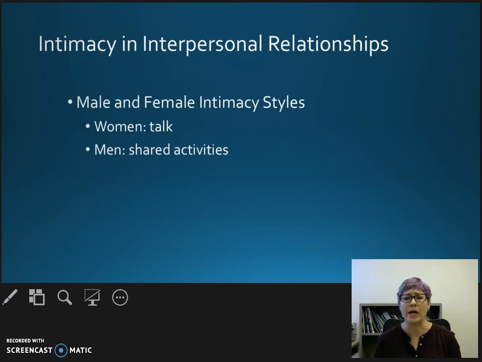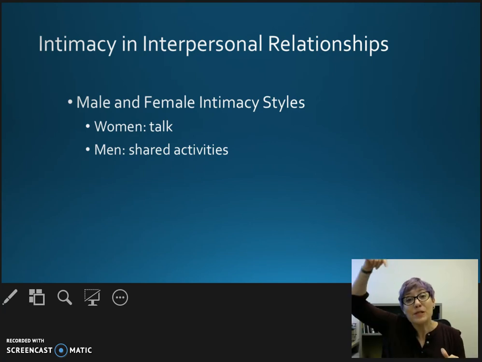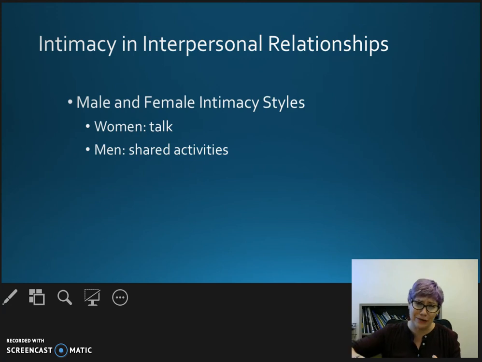So a long time ago, back when I was first married, my husband and I were in the living room. He's watching TV, I'm reading a book. Eventually, the TV gets too loud and distracting, so I go upstairs to read my book. And he came upstairs with me, turned off the TV downstairs, came upstairs, turned on the TV upstairs so he could be in the same room with me. And at the time, I did not know why he did this. I was like, why are you following me around the house? But that was the way, for him, that was the way we bonded. That's the way we built intimacy.